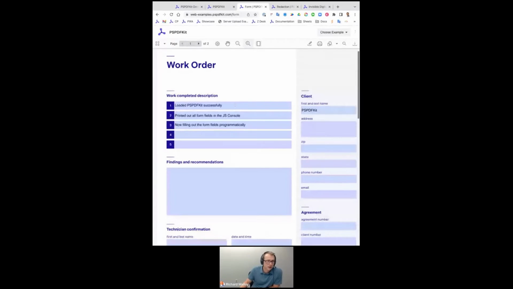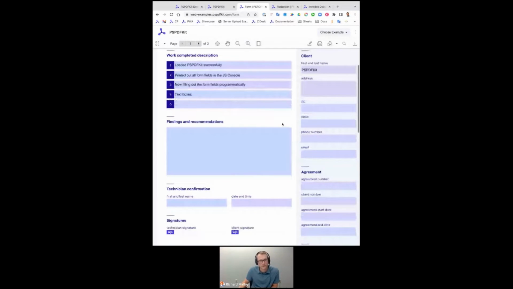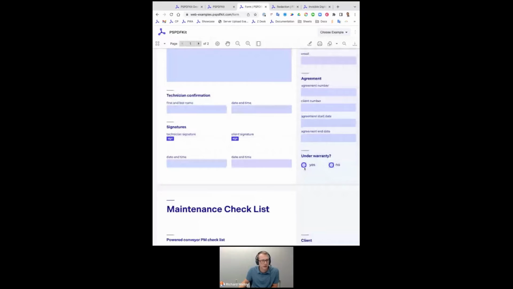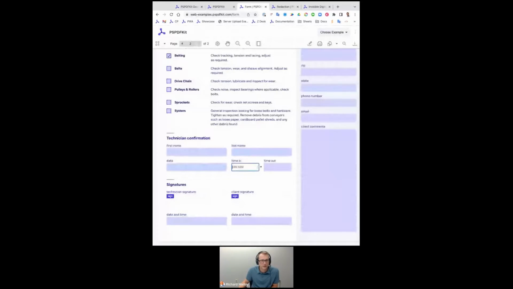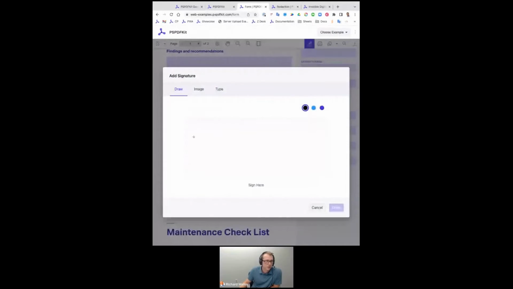So you can see that we have text boxes. Other types of form fields are radio buttons and check boxes as well. We also have a date picker, which provides a certain UI that allows me to pick the exact date, and we're recognizing that there are signature boxes as well. So if I click on the signature box, I'll be able to pull up our signing UI, where I have the option to draw, upload an image of my signature, or